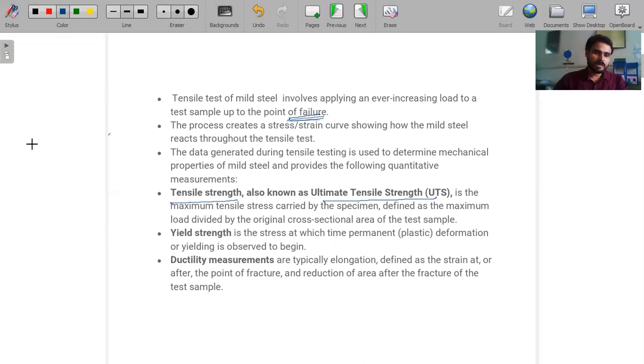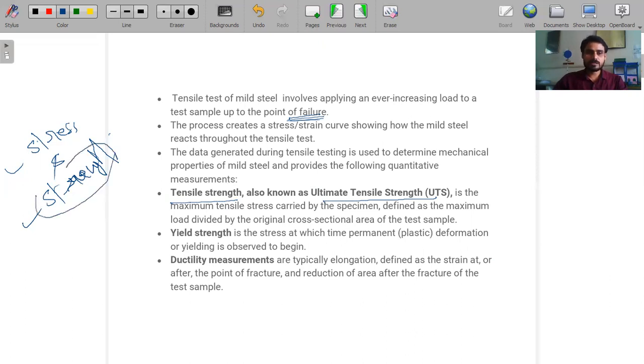Here is some basic difference between stress and strength. The strength is a material property, but stress is a variable parameter. We say a parameter is a material property if that parameter does not depend on the magnitude of load or the shape and size of the material. The value of that parameter is fixed. Then we call it a property of the material.